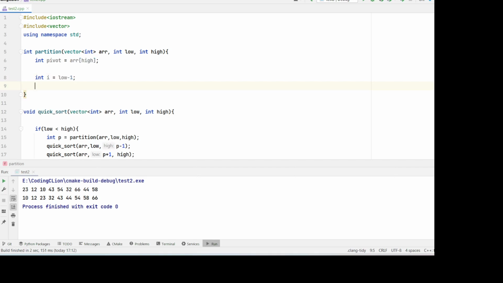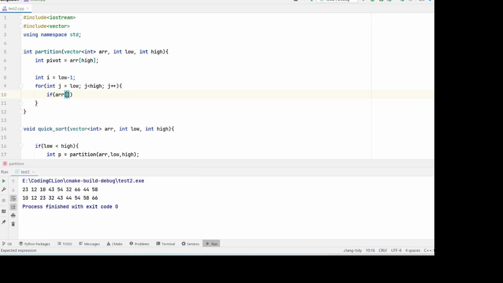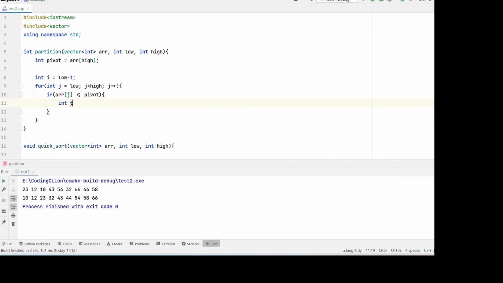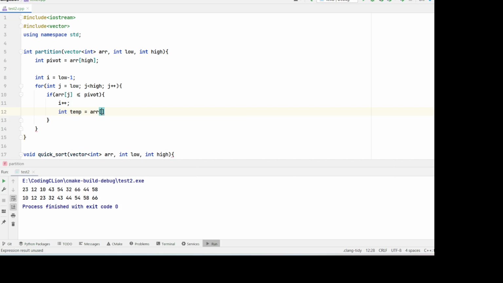didn't run our code. So we will now run for int j equals low to j is still high, and j plus plus, and we will check if AR of j is smaller than or equal to the pivot. Then we will simply swap the element. First of all, we will increment the i, and then we will swap the element. AR of i will be AR of j, and AR of j will be